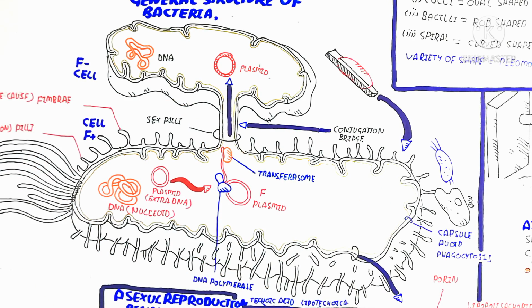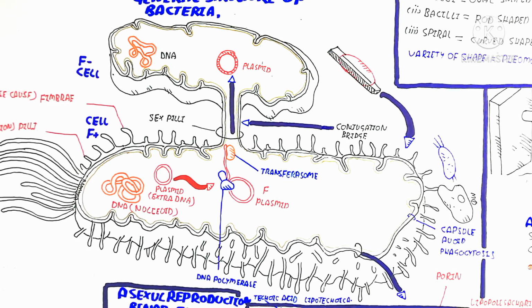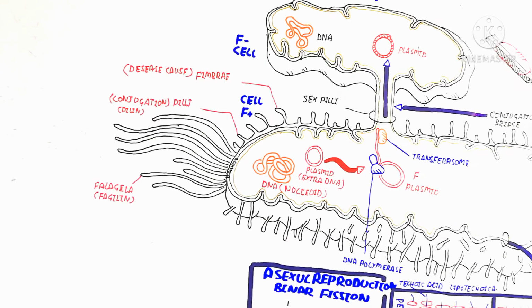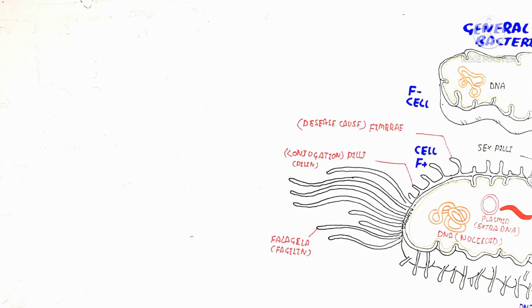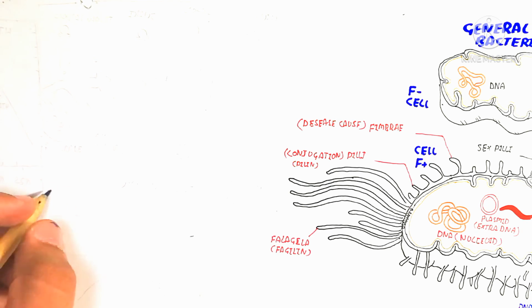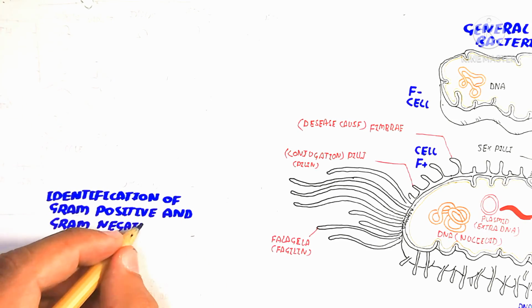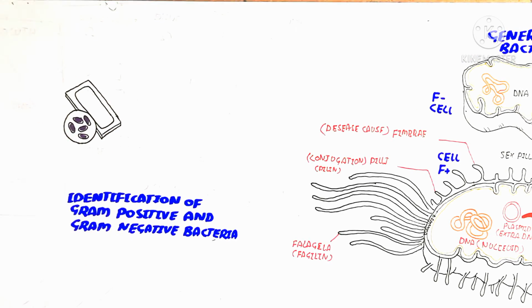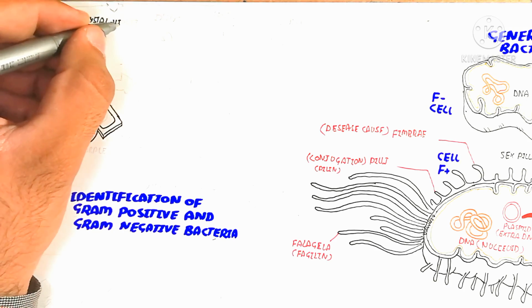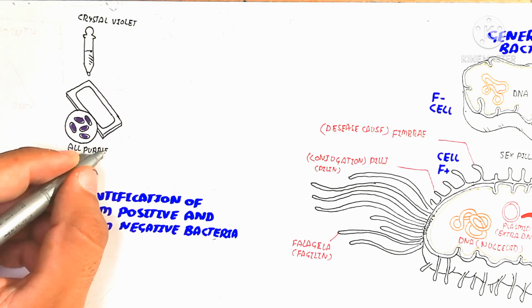So it is sexual reproduction, which provides DNA from the F positive to the F negative, which lacks the plasmid, or whose plasmid contains its own DNA but receives inserted DNA from the F positive. So that's the same thing. You should understand that the lack of plasmid is present in the recipient bacteria. So these bacteria are of two types, a donor and a recipient. The donor is the donator and the recipient is the receiver. So the donation and receiving of the plasmid happens by this mechanism.